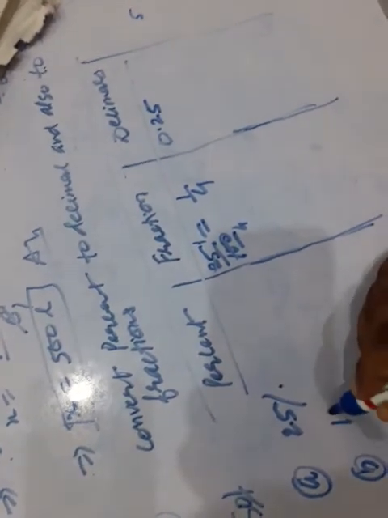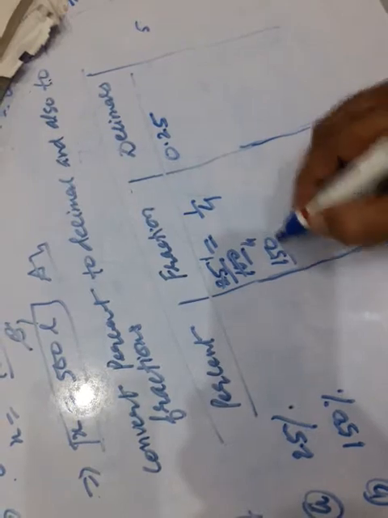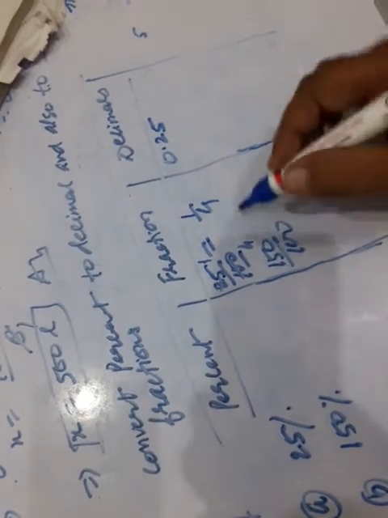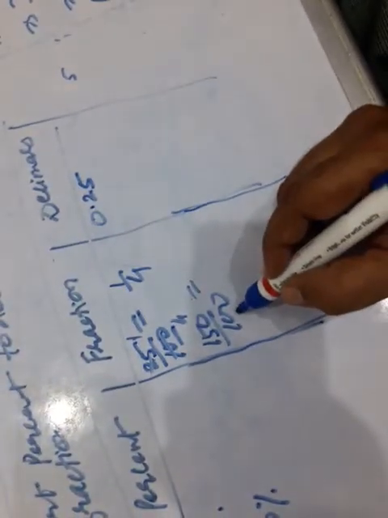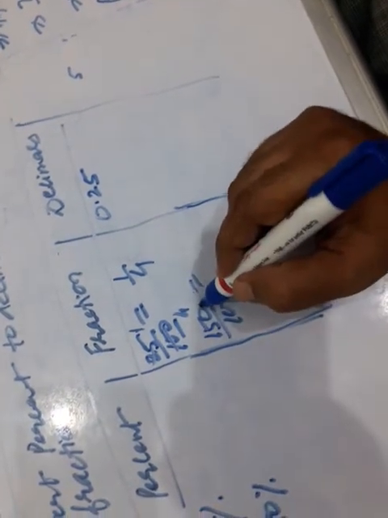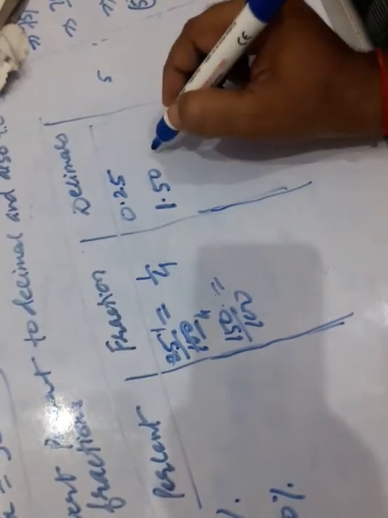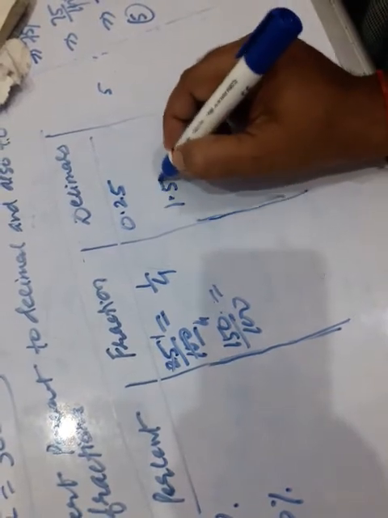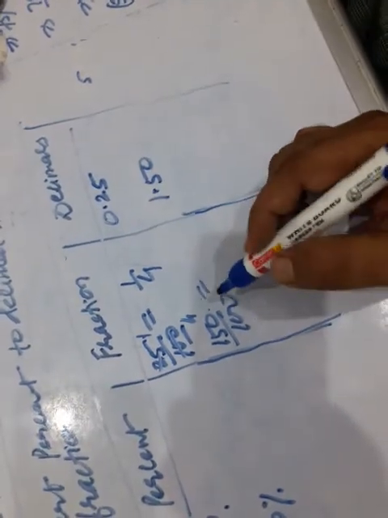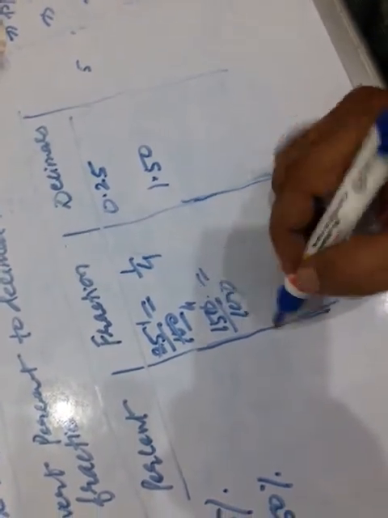Now another part is B. B part is 150%. What is 150%? 150% means 150 upon 100. And see here, from here only you convert it into decimal. How many zeros are there in the denominator? 2 zeros are there. Where is the decimal point in 150? This decimal point will be shifted to the left by 2 digits, that is 1.50, which is 1.5 in decimals. And now what is the fraction here? 0 and 0 will be cancelled together.